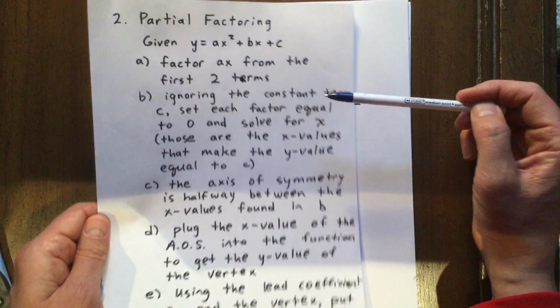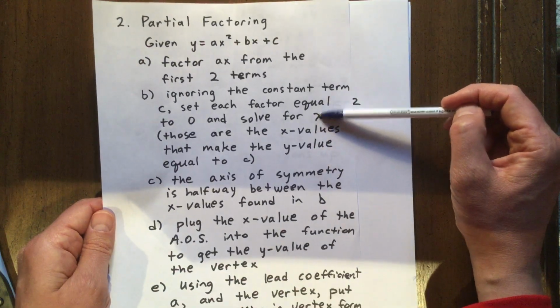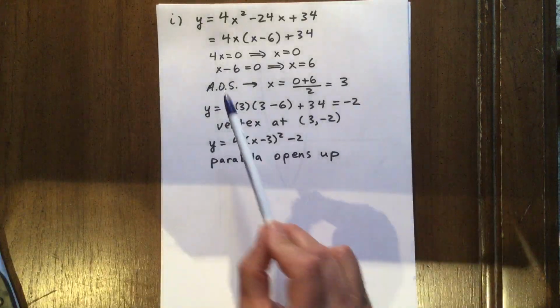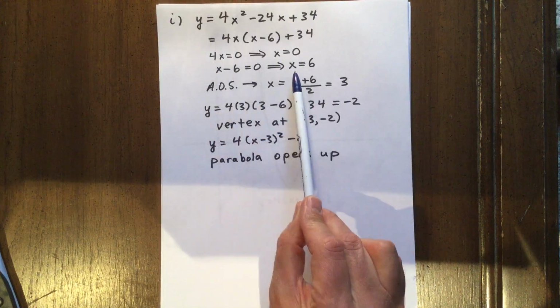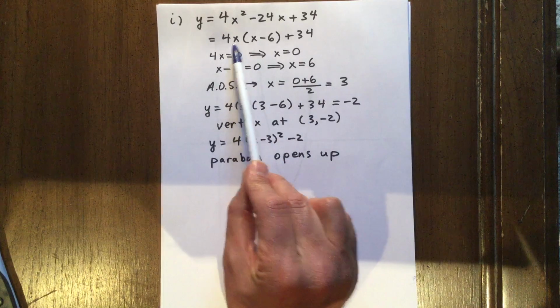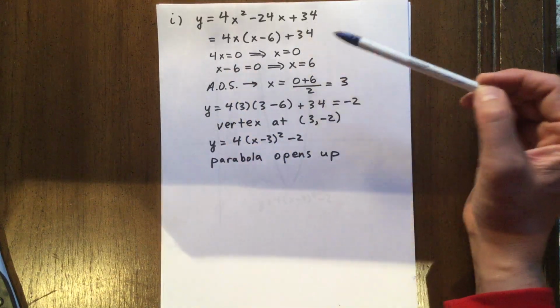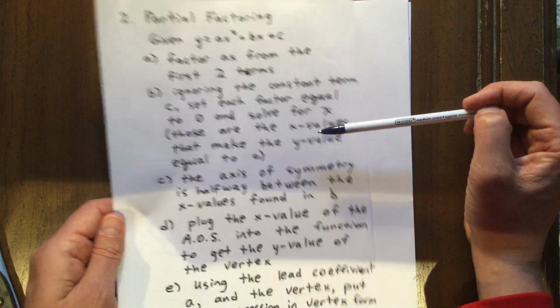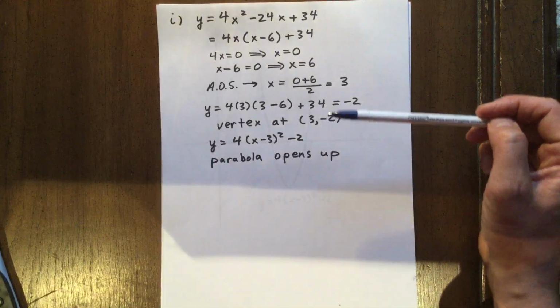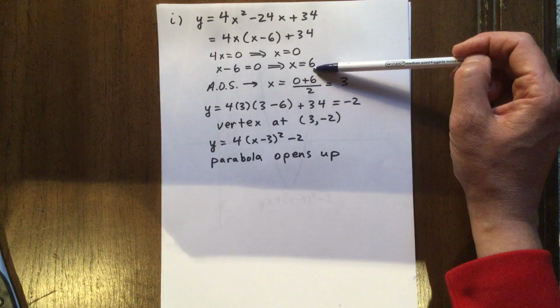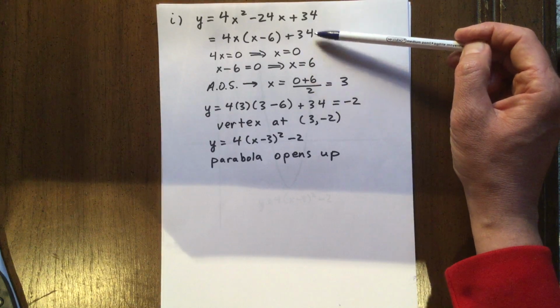Now what I do is I ignore the constant term c and set each of these factors equal to 0. So I set 4x equal to 0, that means x is 0, and I set x minus 6 equal to 0, that means x equals 6. I ignore the 34. Now, what I'm saying here is those are the x values that make the y value equal to c. What that means is when x is 0 or when x is 6, y will be 34